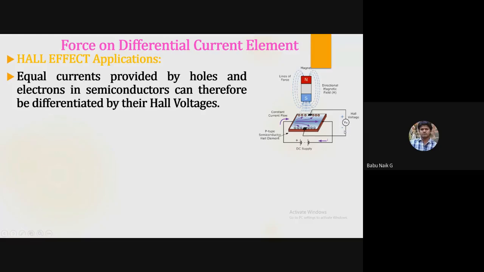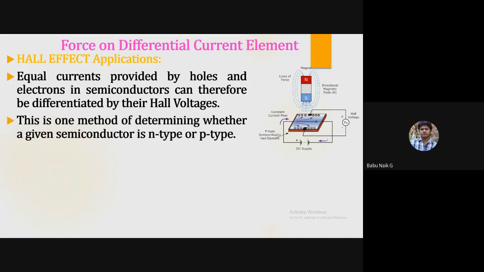So when you apply the Hall voltage here, what is the use, I was asking? Here we can find out which type of semiconductor it is, either P type or N type. If there are positive ions on this side and negative ions on this side, then this type of conductor is a P type semiconductor. So from this Hall effect, you can find out either an N type semiconductor or a P type semiconductor.